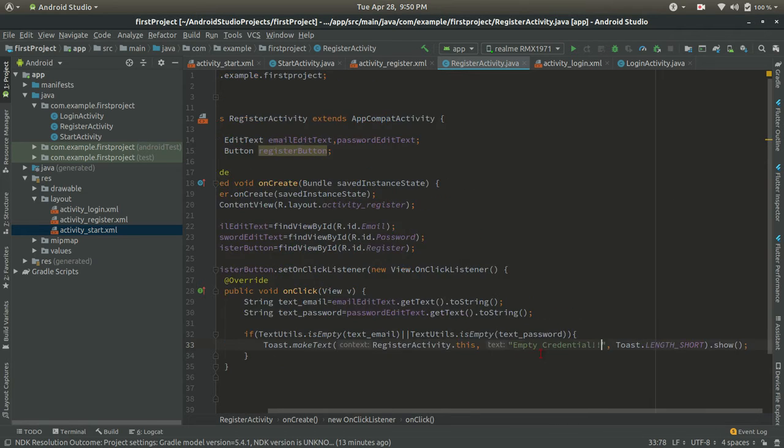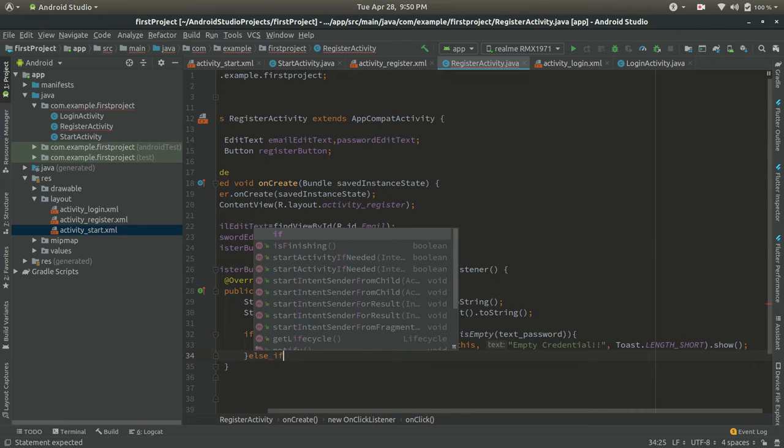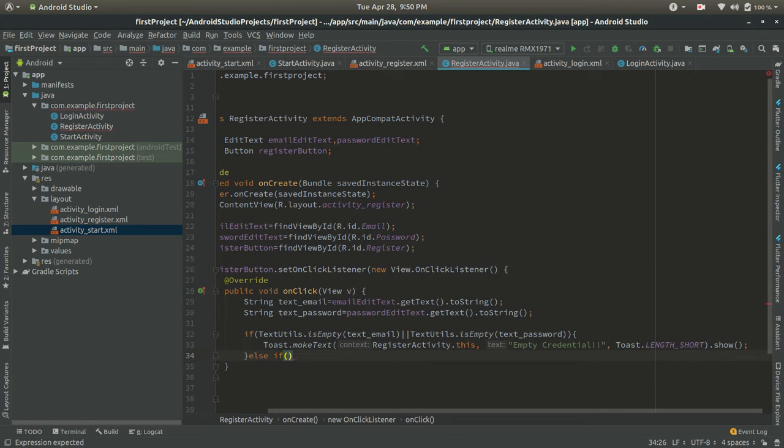So we will create else if the password length is less than 6, then we will print another toast.